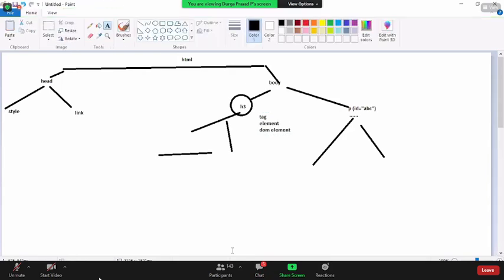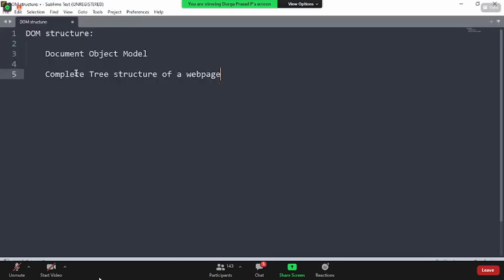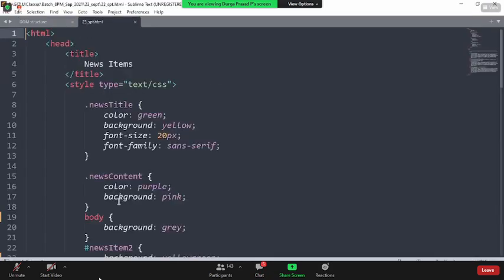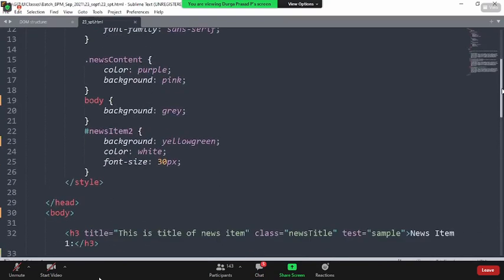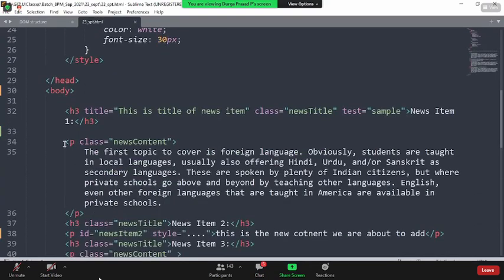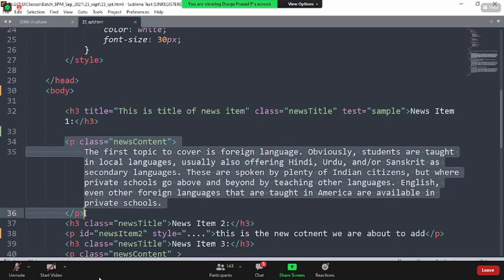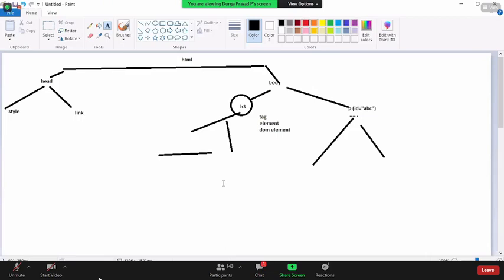When I say element, element indicates from the opening tag to the closing tag. Now, when I say, what is this P tag? P open tag is there, P close tag is there. When I say P element, it implies from the opening tag to the closing tag, including the properties, the content, and the attributes. What do you mean by DOM element? An element which is participating within the DOM structure, we call it a DOM element.